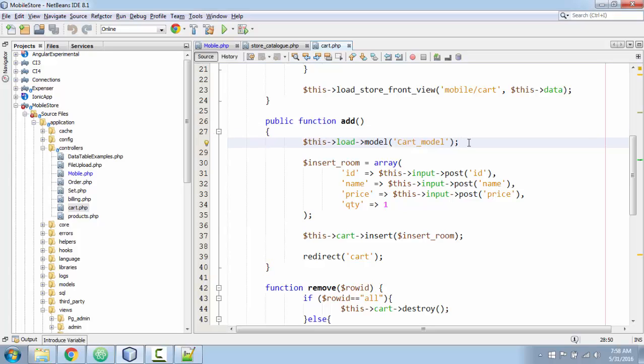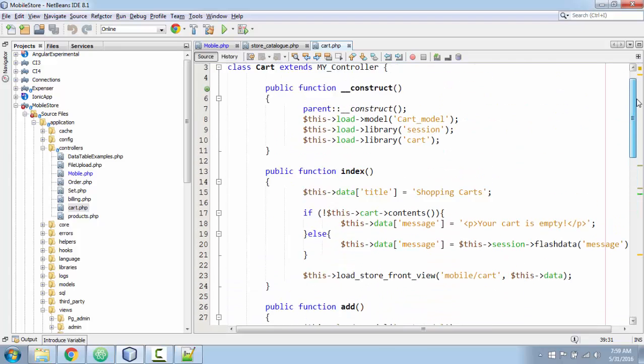Yeah, it's loading the cart model. From the post, it is taking out the values id, name, price and quantity, and it's inserting into the cart, and then it is redirecting us to the cart page, which is like calling the index function of the cart